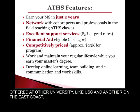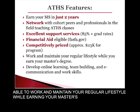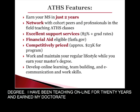But it is very affordable for students, and oftentimes that is one of the compelling reasons why they choose this program. You'll be able to work and maintain your regular lifestyle while you earn your master's degree, especially when you're studying online. I have been teaching online for 10 years, and I also earned my doctorate online. So I can tell you it is possible,